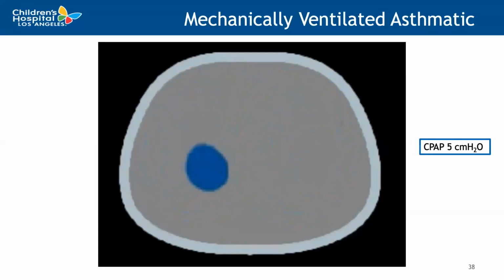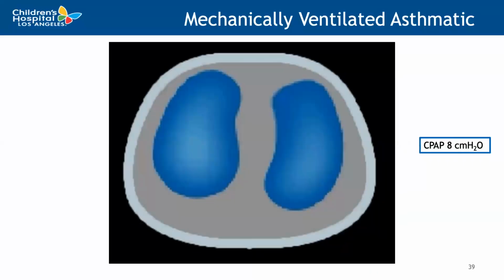Again, just delayed emptying here. So at the bedside, I increased the patient's CPAP or PEEP from 5 to 8 centimeters of water. And what was most notable, I'll show the EIT image here in a minute, was that the patient actually had almost instantaneous reduction in effort of breathing. This was measured at the bedside by looking at the patient's subcostal retractions, their nasal flaring, and their tracheal tugging,